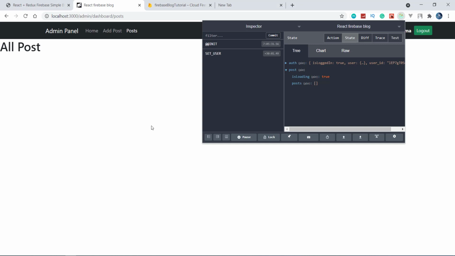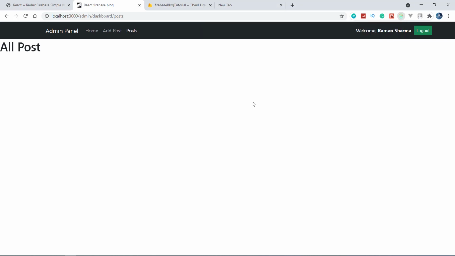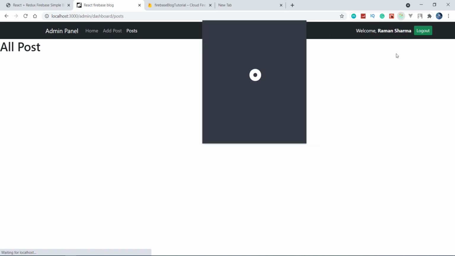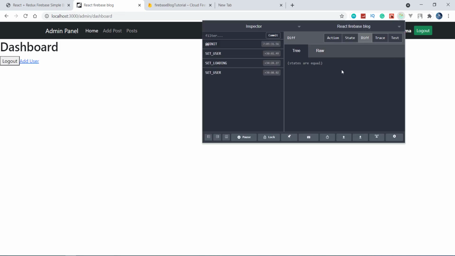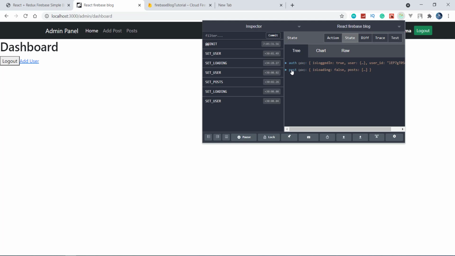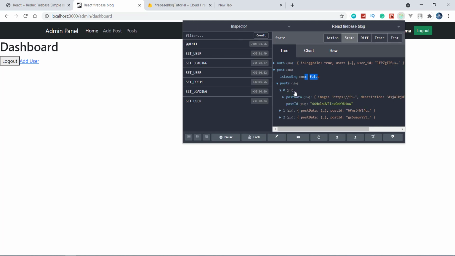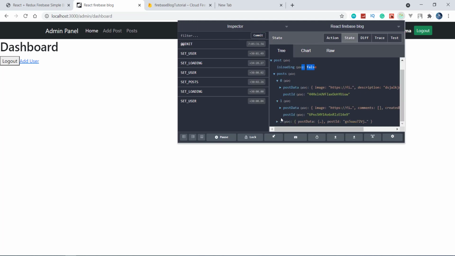Now let's see, when we refresh this, then we should get the post here. See that it is refreshed automatically, and we are getting set posts, and here we are getting all the posts. Our isLoading is also false, and we are getting post also.